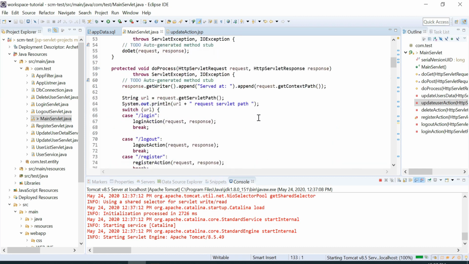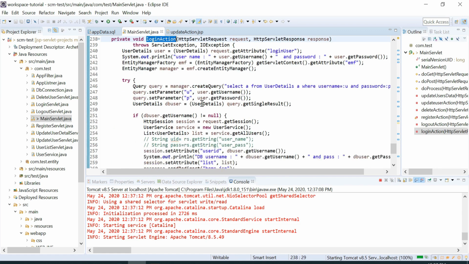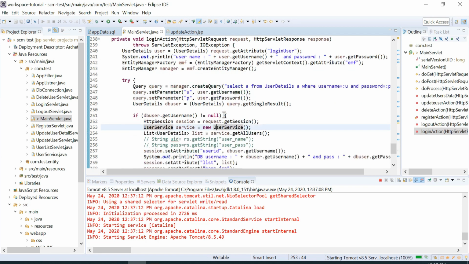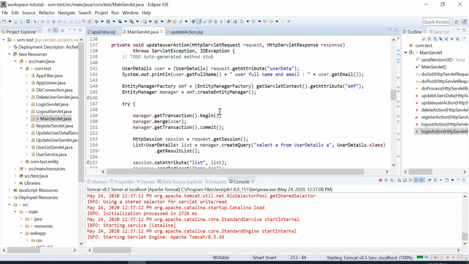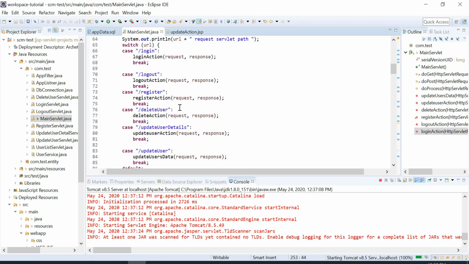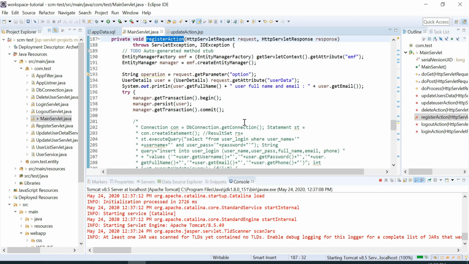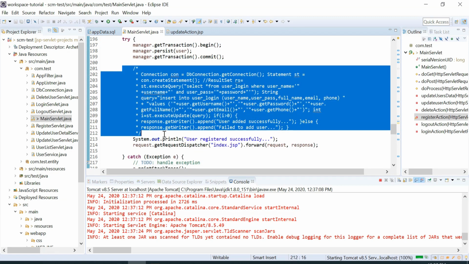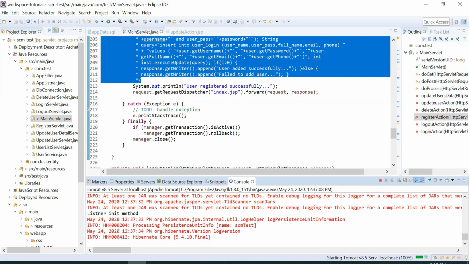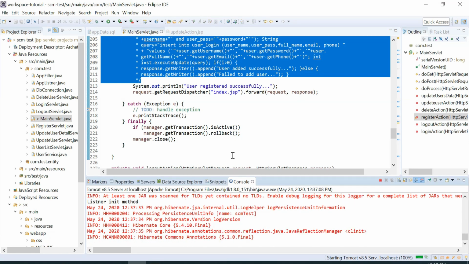So now if we look at our methods, for login I have again written the JPA process of getting login, and for registration we have written the JPA format of registration. We don't need this code. We'll remove it, because the server already started and I don't want to restart again.